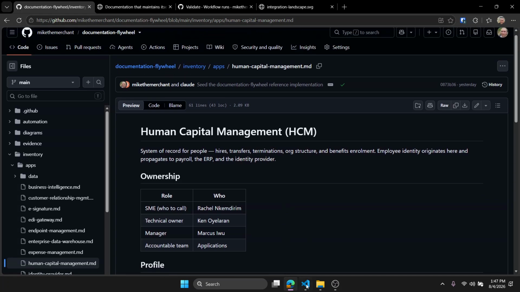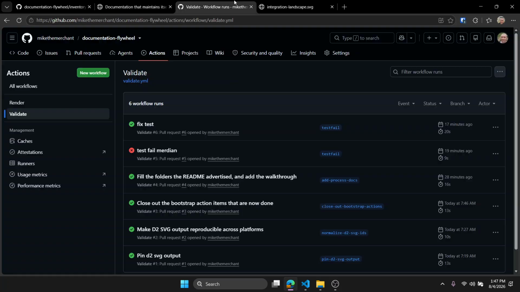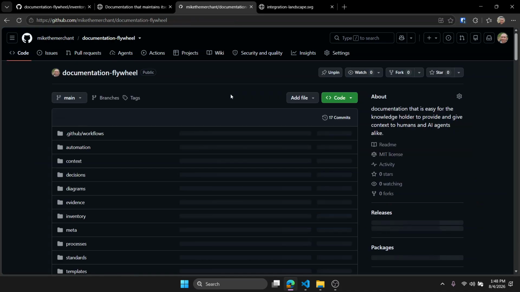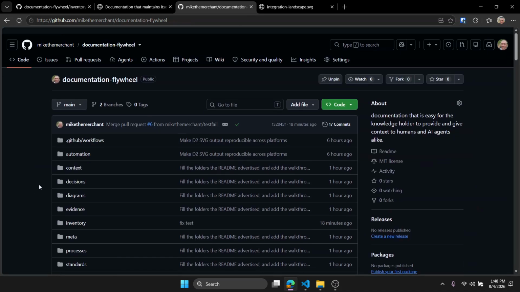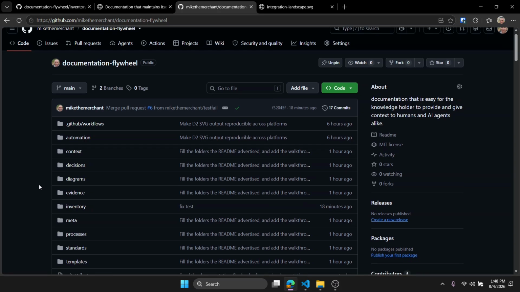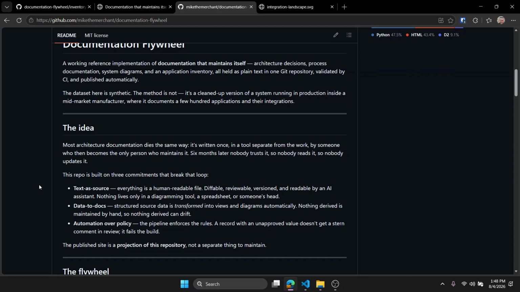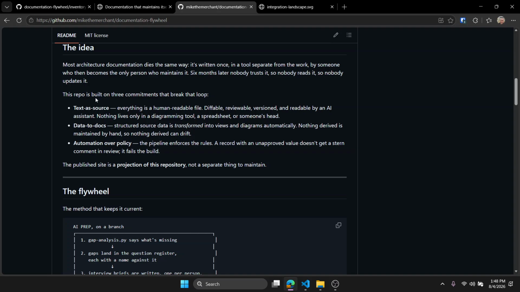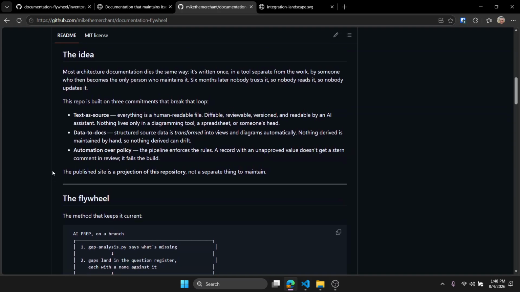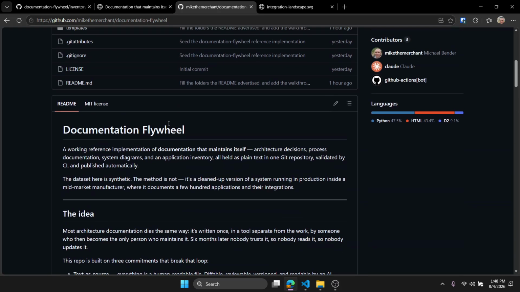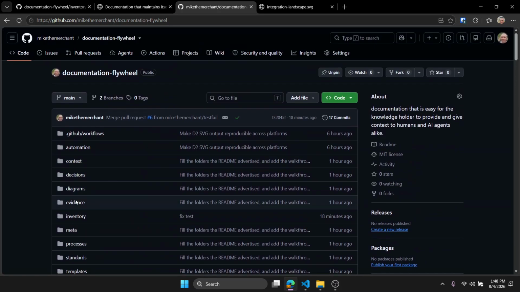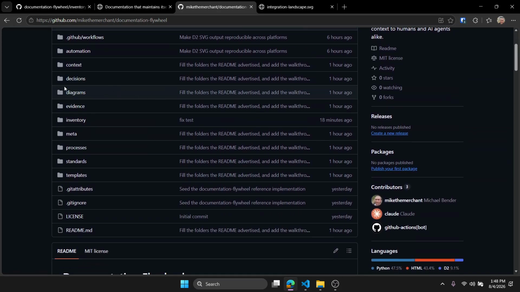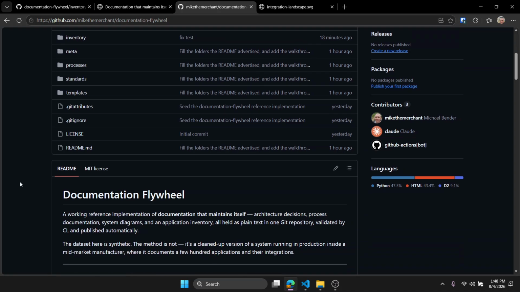So let's show you what I got here. This is what I call the documentation flywheel. It's a Git repository that could be a wiki or pushed to a SharePoint site. Regardless, it's really just a bunch of markdown files and some pipeline automations, some D2 diagrams that I'll show you,